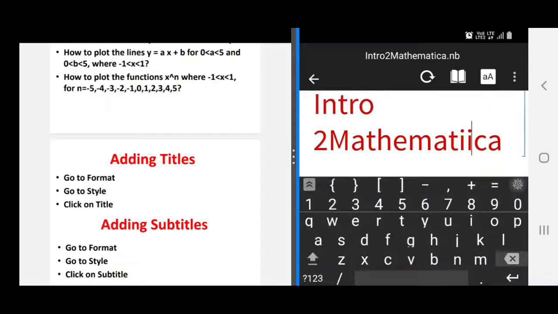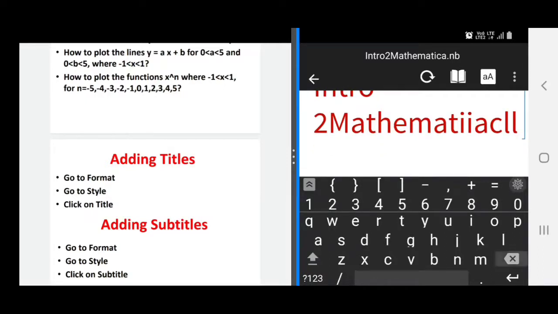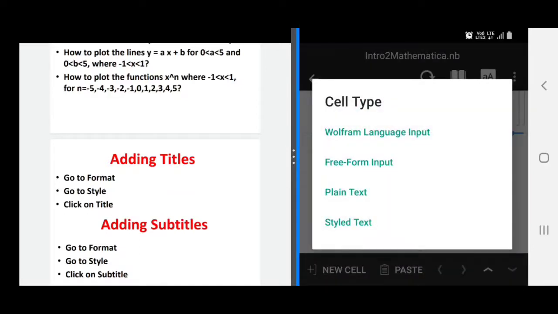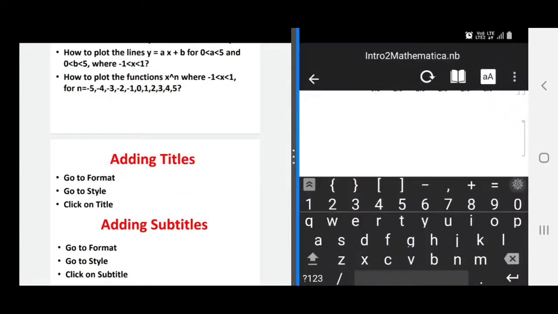Okay, so I have to correct my spelling. What the hell? This is the problem. So basically, there is some issue over here, but no need to worry about it. We can just cut this cell and do the same again. Style text, title, intro